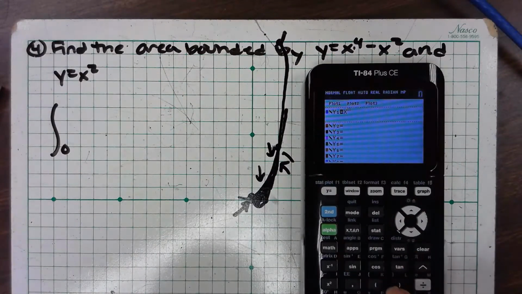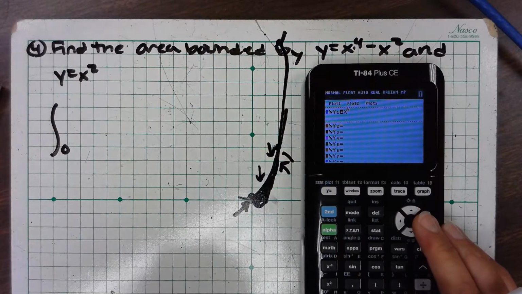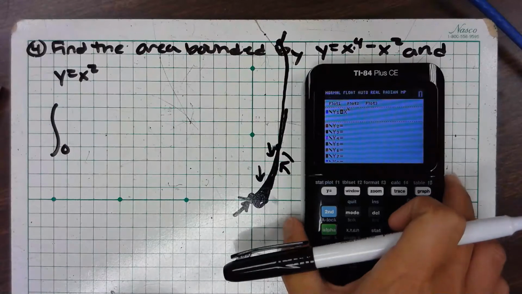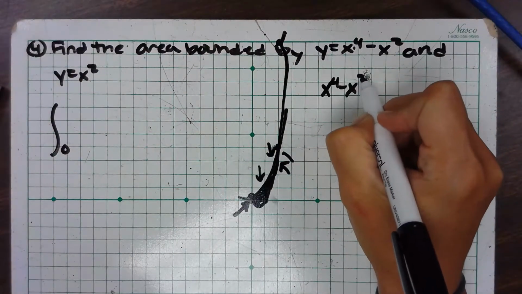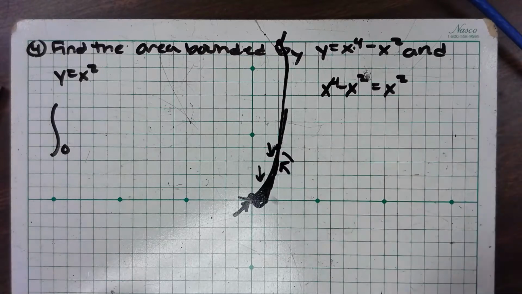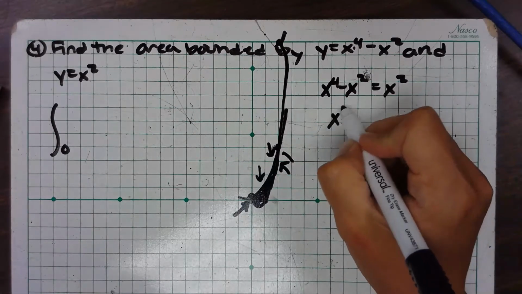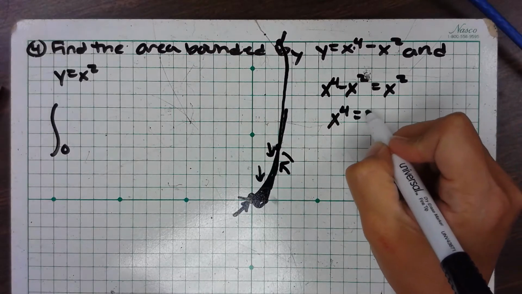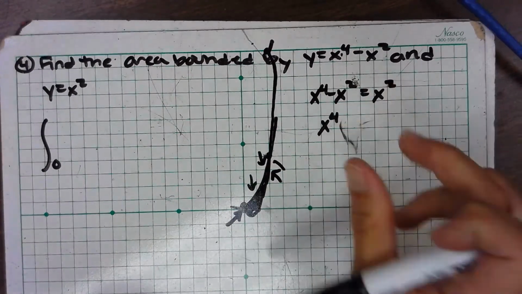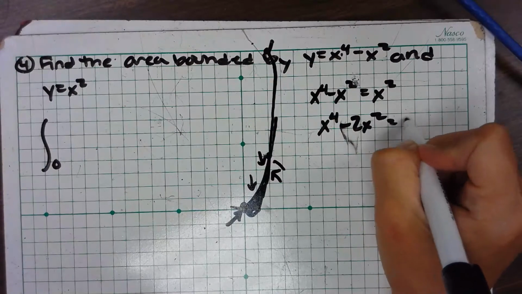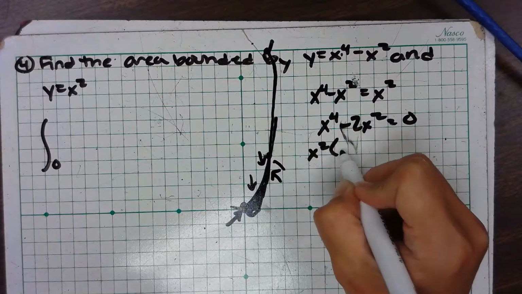x to the 4th. And I could set these equal to one another, and actually I'm going to do that instead of doing it on my calculator. You get x to the 4th equals 2x squared. Or actually, if I move this over, it's x to the 4th minus 2x squared equals 0. If I factor it,